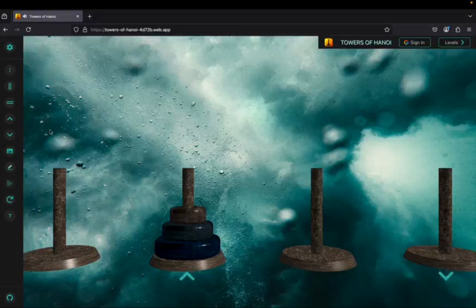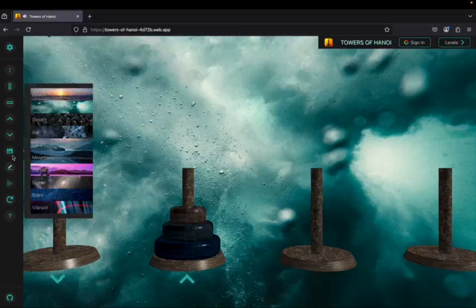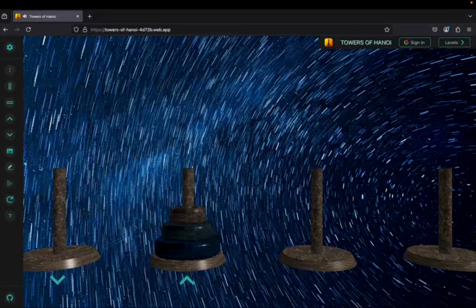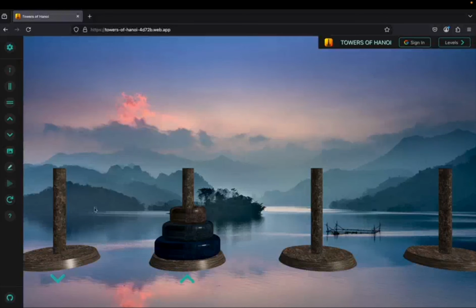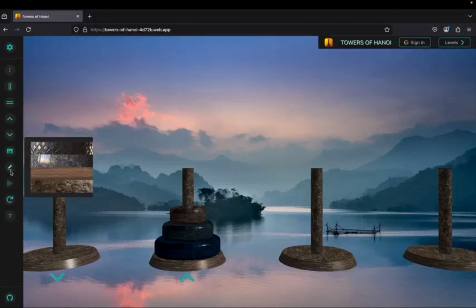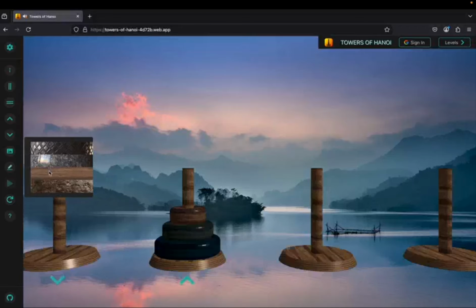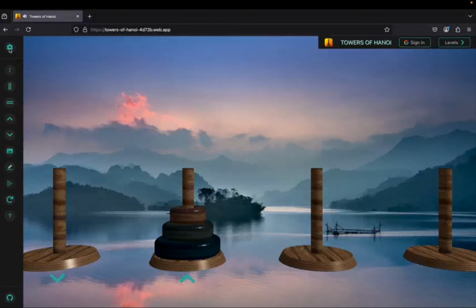We can switch the source towers. This doesn't really do much. Same thing with the destination towers. We can change the background into a different vibe. If you like a serene lake, I guess this is a good choice. We can also change the texture, so if you'd like a woody texture, you could change that. Let me change it back to standard